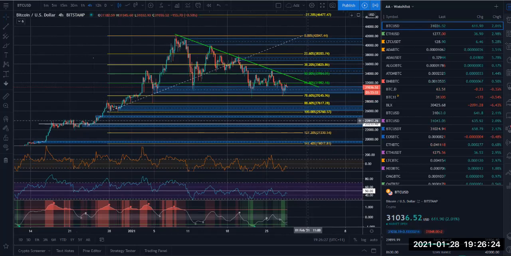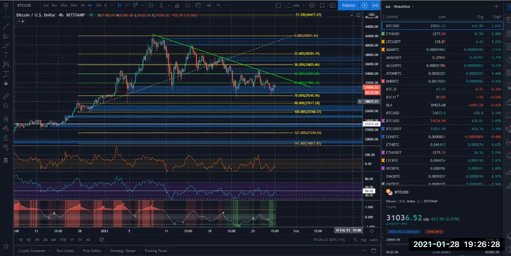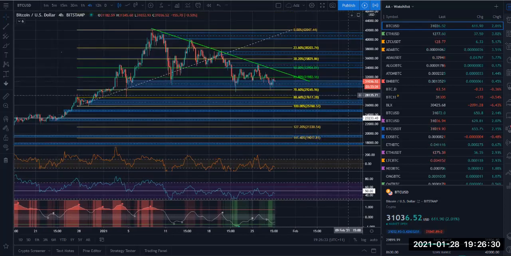I imagine there's a lot of liquidity stacked at those particular levels. Anything below 23 down to sort of 19, 18K, in my opinion, is an absolute gift. We look at all the institutional buying going on throughout crypto, in particular Bitcoin at the moment, the likes of Grayscale, BlackRock, Pantera Capital, all those guys who are now heavily investing in Bitcoin.